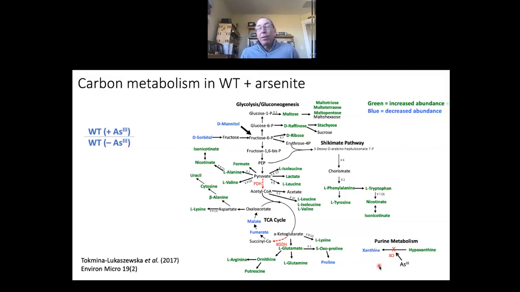oxidase is inhibited by arsenite. And also we see essentially an increase here, which matches perfectly because the alpha-ketoglutarate dehydrogenase converts alpha-ketoglutarate to succinyl-CoA. If this enzyme is inhibited, we expected to see a buildup, essentially, of metabolites behind this enzyme. And the same occurring here at pyruvate dehydrogenase, where essentially these metabolites can no longer flow completely through this pathway, and so they're diverted in other directions.